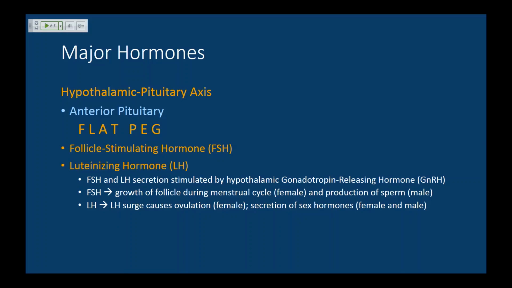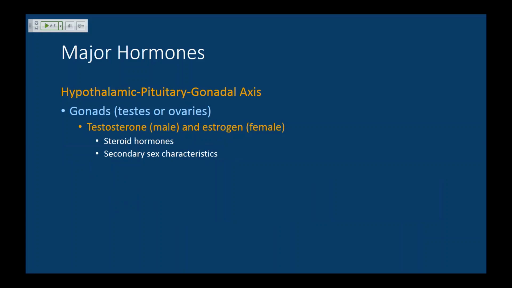Okay, so just a heads up on how this lecture is set up. We're going to talk about the hormones of the anterior pituitary, and then we're going to follow those hormones to the glands on which they act. So again, FLAT and FLAT, those are all tropic hormones, so they're going to act on other glands. So we're going to follow this. For example, we just talked about FSH and LH.